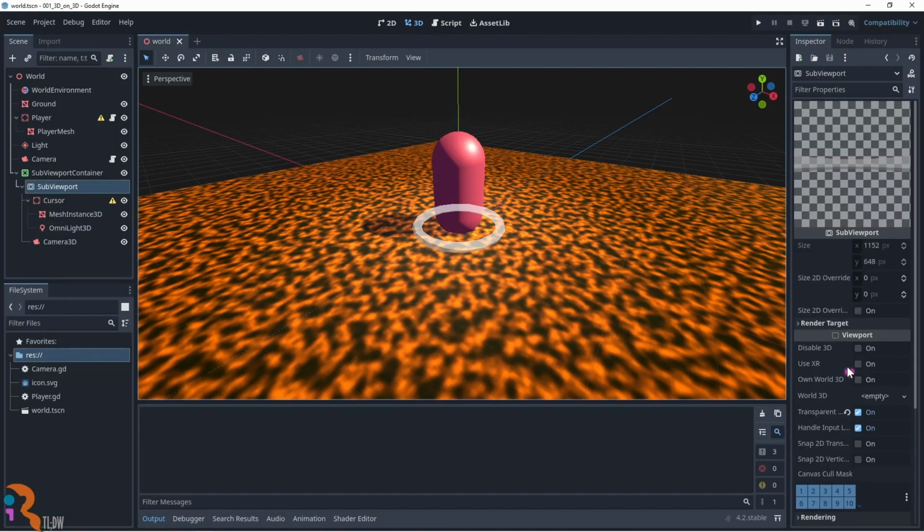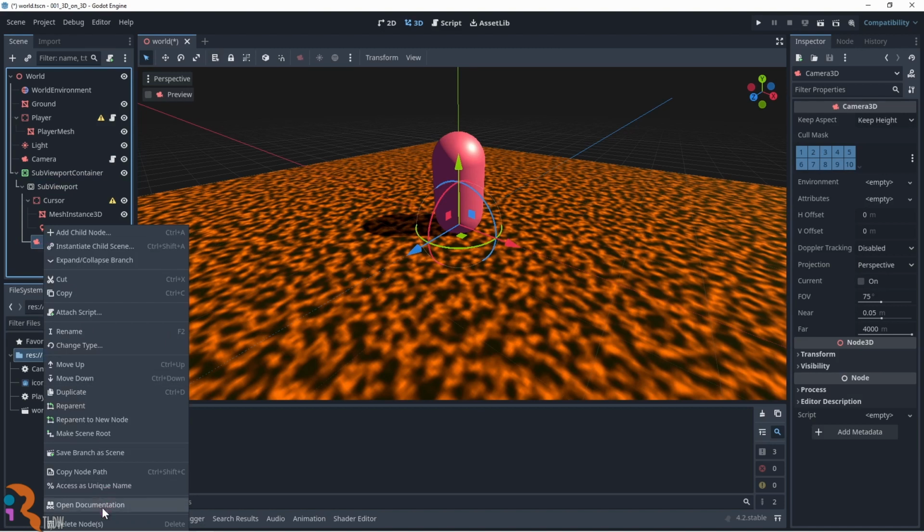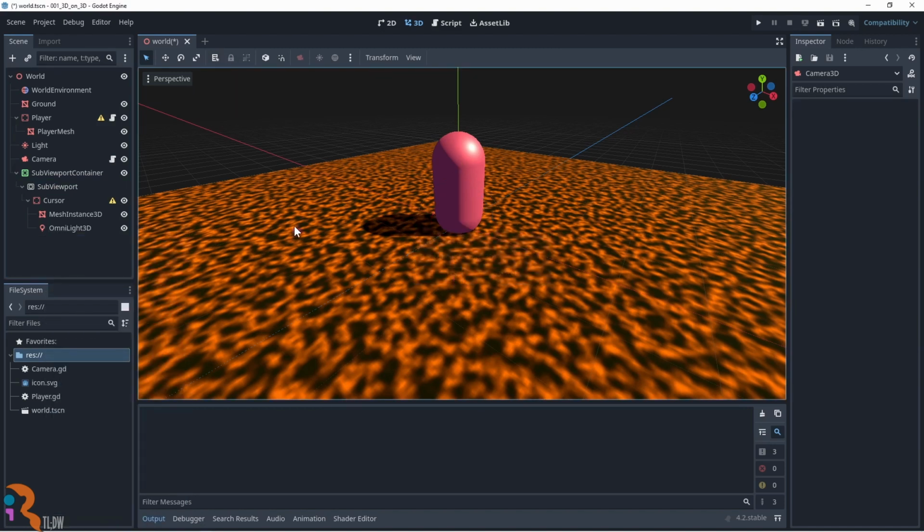Let's patch it by isolating the worlds and duplicating the main camera with a GDScript code attached to the subviewport.